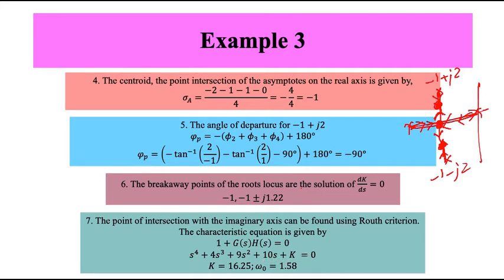So this guy somewhere touches the asymptote. If you see, I have my asymptote angles, so it is somewhere here. The angle making 45 degrees, so it will touch somewhere at 1.58 on the imaginary axis, and similarly on the other side it will be minus 1.58. At that omega value it will be cutting the imaginary axis. So now I know that 2 of the roots will cross the imaginary axis.